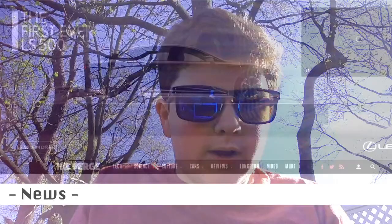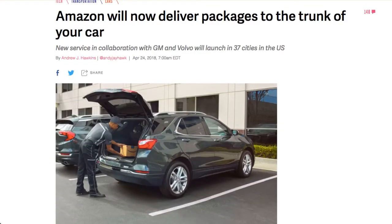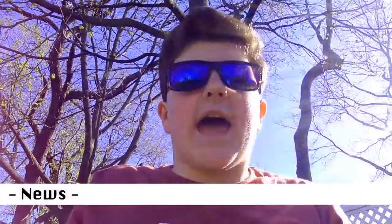So with that, let's actually segue into our news section. Our first article of the day is not the first ever Lexus, whatever that is. Amazon will now deliver packages to the trunk of your car. If you remember, earlier this year, or maybe it was last year, Amazon came out with this program where they would be able to unlock your front door and leave packages in there. And a lot of people actually trusted Amazon enough to do this, but now they're putting it in the back of your car,